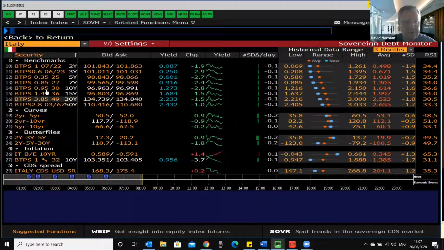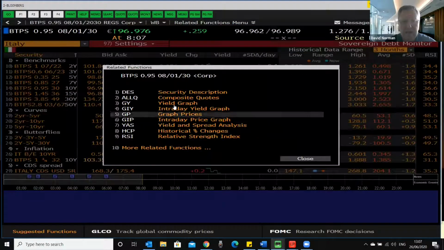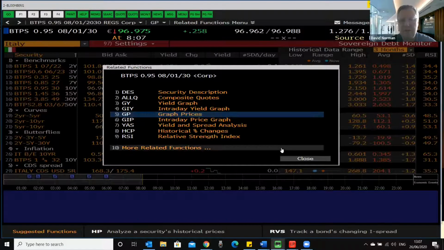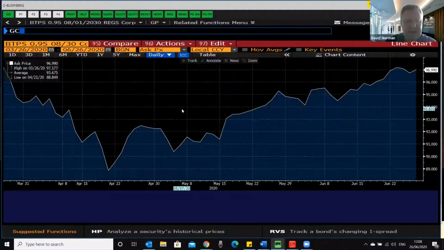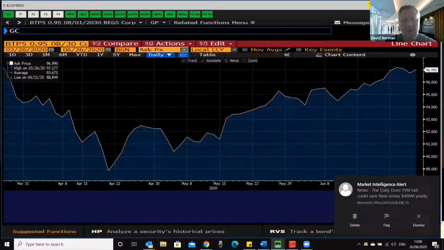So if I go to the BTP 10-year bonds, I can then have a good look at the price of that bond and see that the bond has gone up quite strongly from the middle of April. Now, the other thing I can do is look at the yields of these instruments. So if I type in GC and go to graph curves,